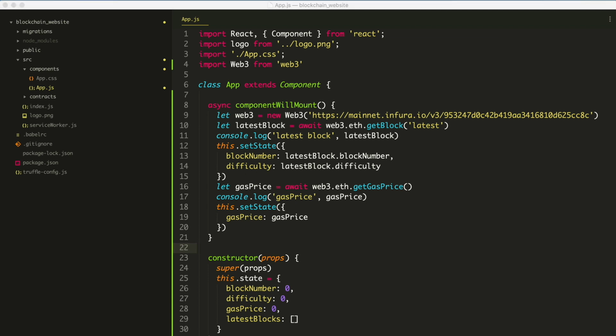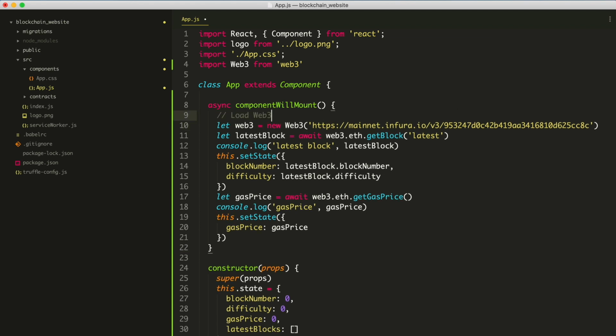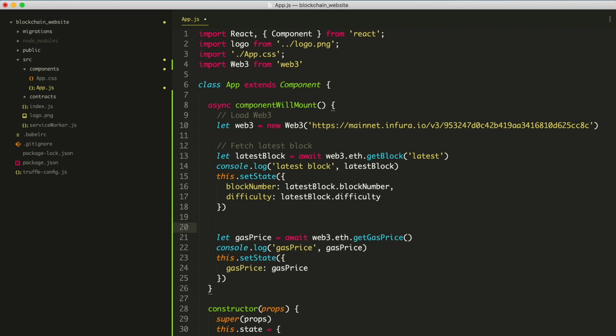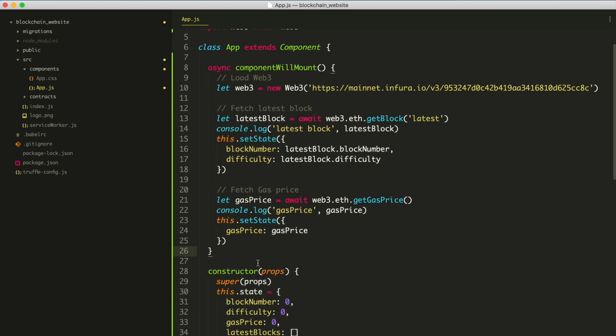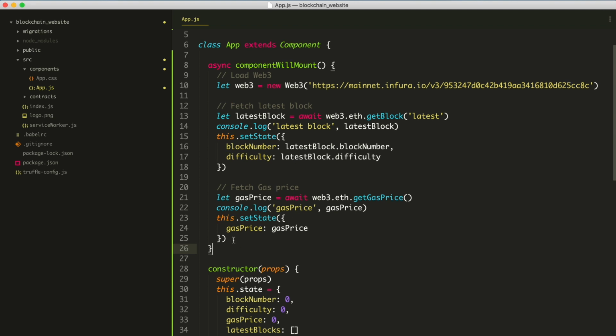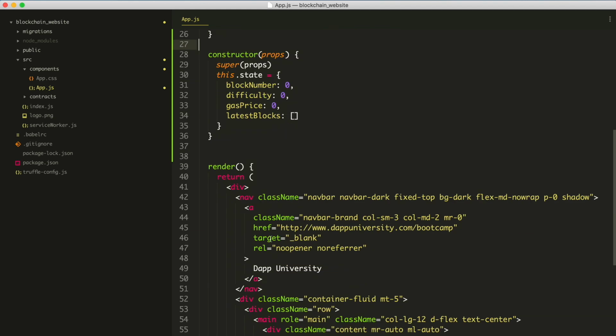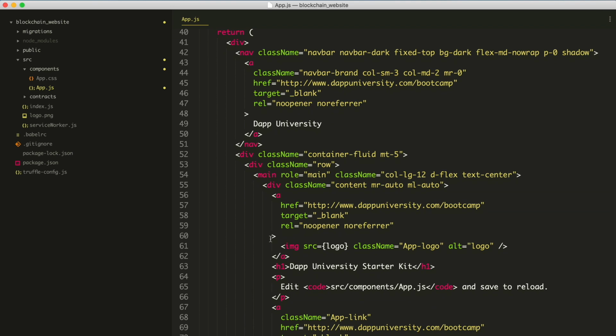So I'm going to add some comments here just so that we can organize our code a little better and make it more readable. So we'll load web3 here. And then here we're going to fetch the latest block like this. And then here we're going to fetch the gas price. And now we can go ahead and put some of this information on the page. There's one major thing that we still want to fetch from the blockchain, and that's going to be the actual blocks themselves so that we can list them out. But let's clear off some of this code and